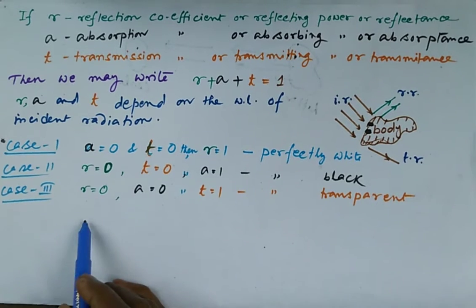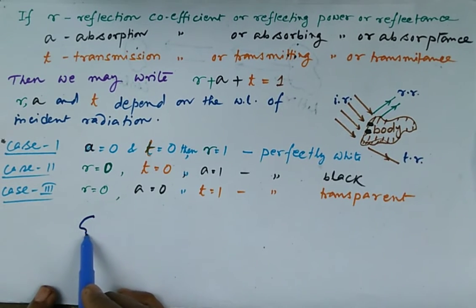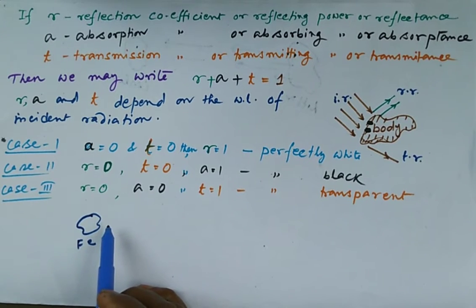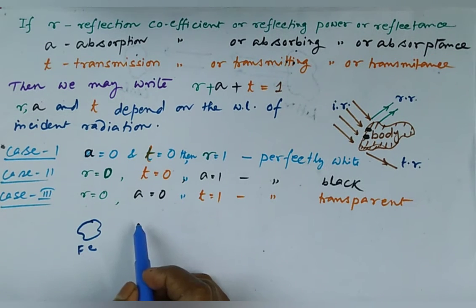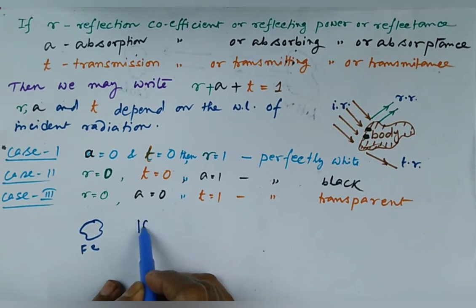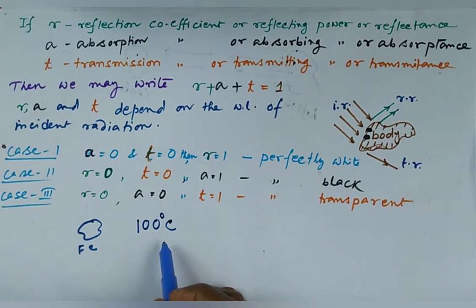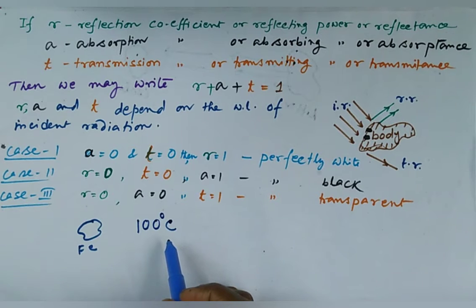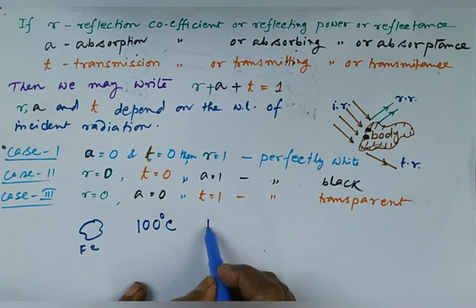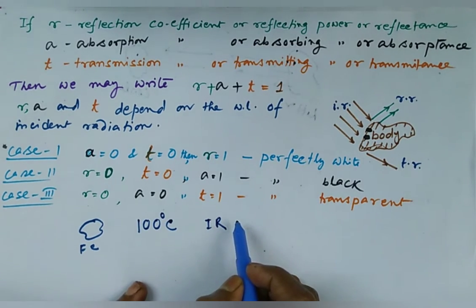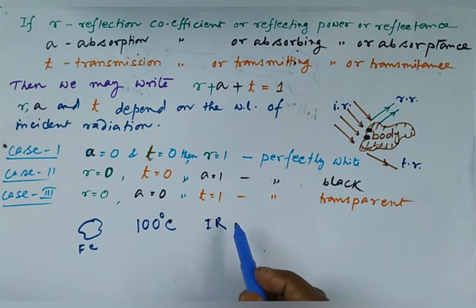We consider a piece of iron and we heat it. When the temperature is around 100 degrees Celsius, the iron piece emits electromagnetic radiation whose wavelength lies in the infrared region,